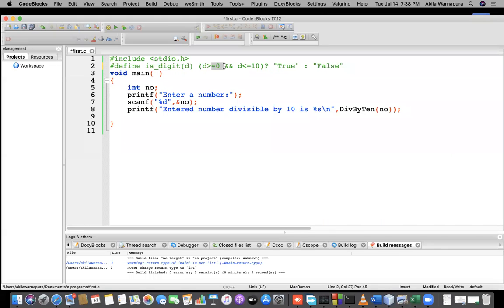If this one is, let's say you take a character and check whether it is in this one. So let's say char x, enter a character, use that percentage C and put in x, and after that what you can do is